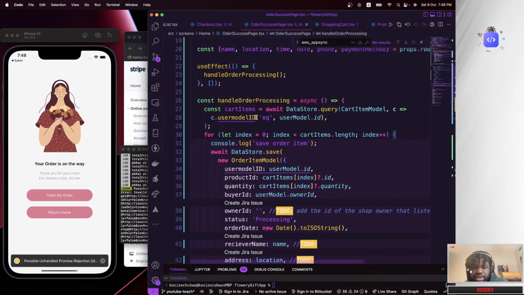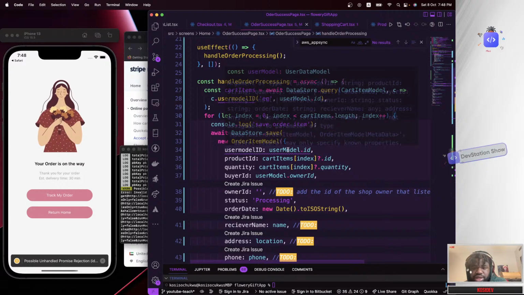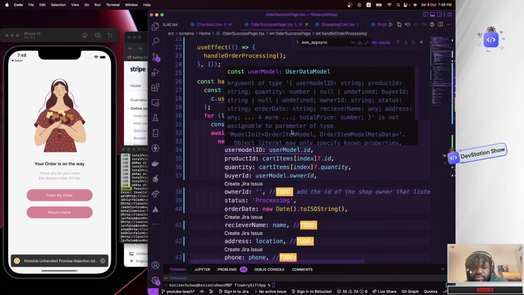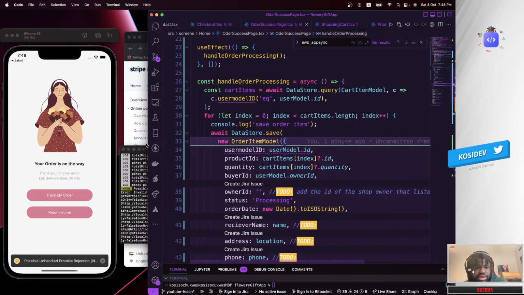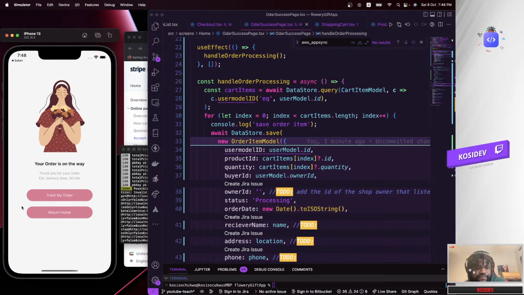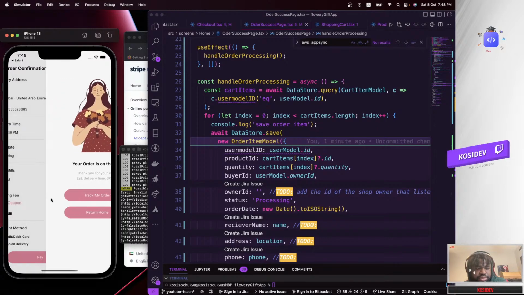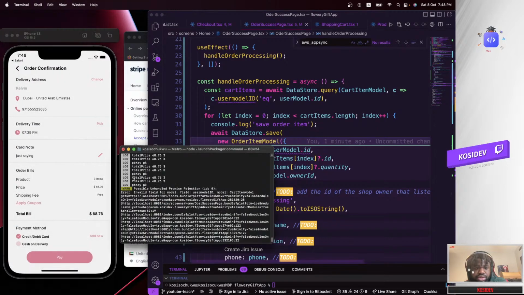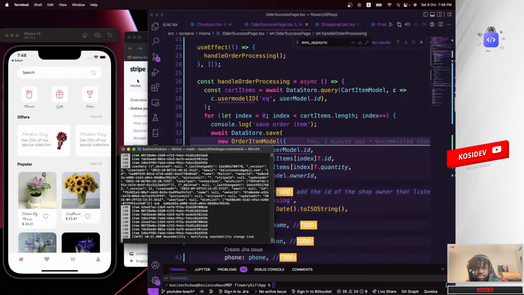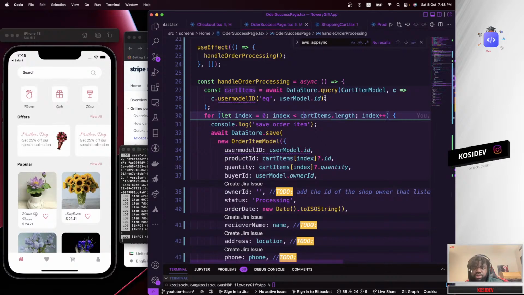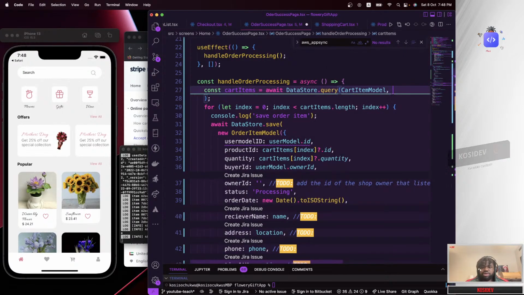So this doesn't exist. That's the error we are getting in our case. So let's try and fix that, because this didn't go through. I'm going to remove the predicates right now at the moment. I'll try this out.